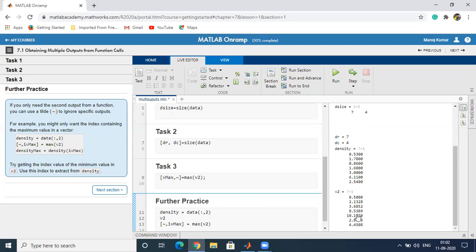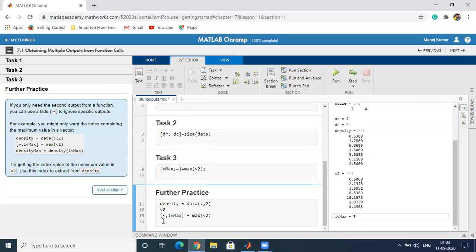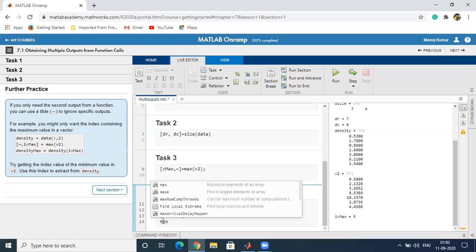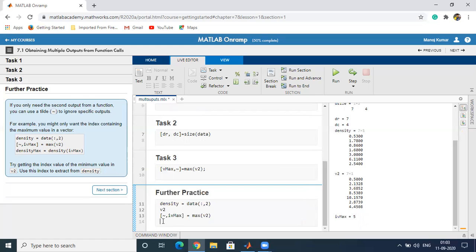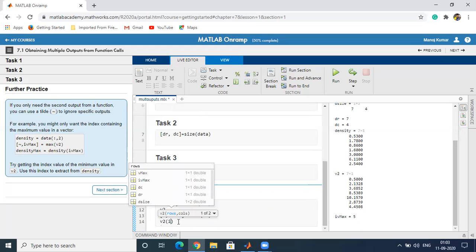Maximum value is 10.1570, which is at the fifth index. Now we will get only the index instead of the maximum value. So index is fifth. Now to get the maximum value of this, we can calculate the maximum value with the v2 of that index. Index is IV max.